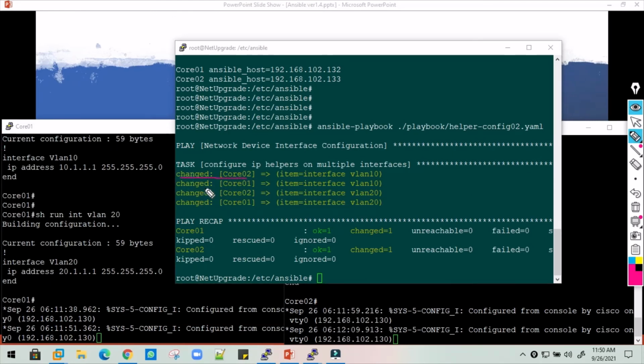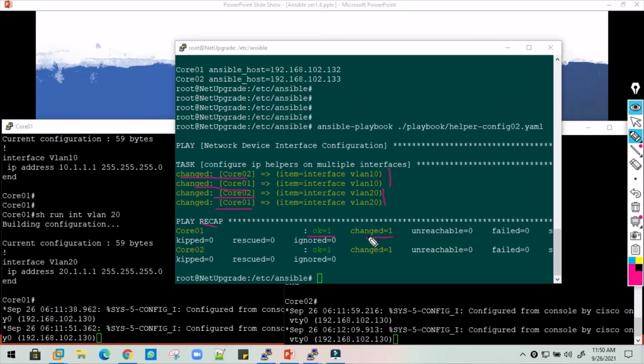See, core switch 2, core switch 1, VLAN 10 configured, which is a part of the loop. And again the second loop occurs, the second line item under the loop, which says the VLAN 20 interface it needs to pick and configure the IP helper address command, which is mentioned in the playbook. And the recap shows the status is green, positive, successfully done.